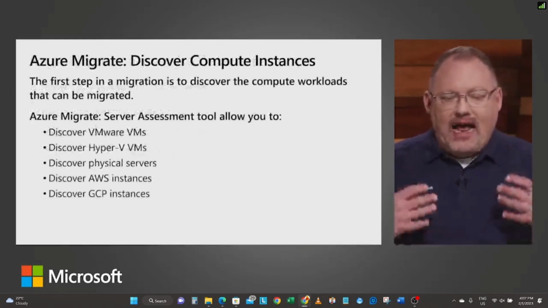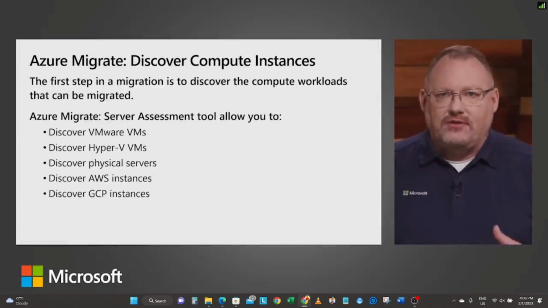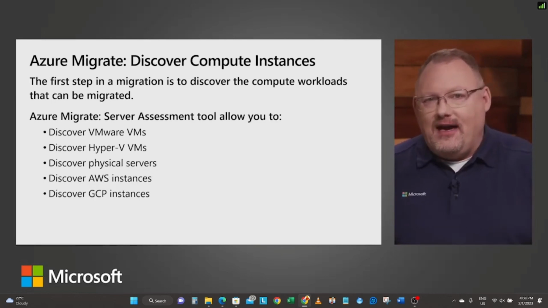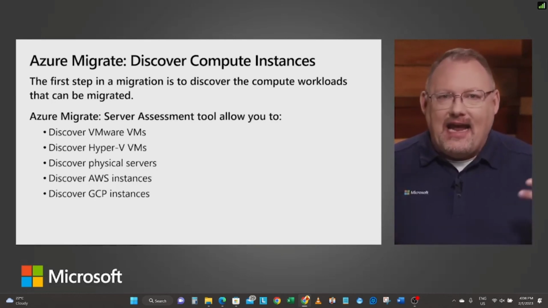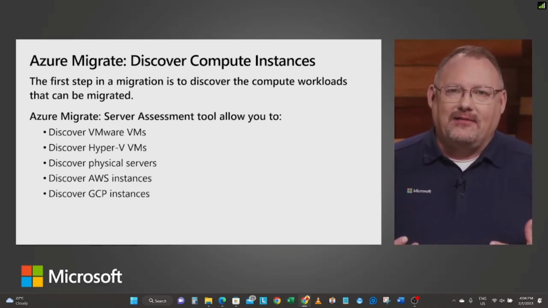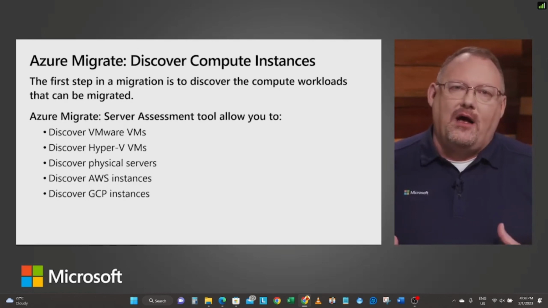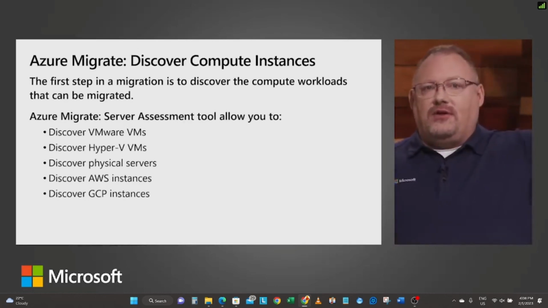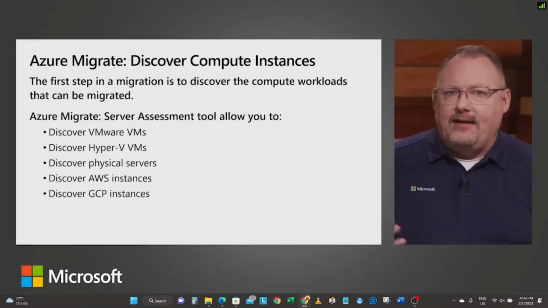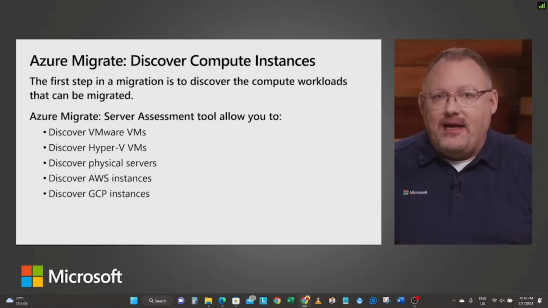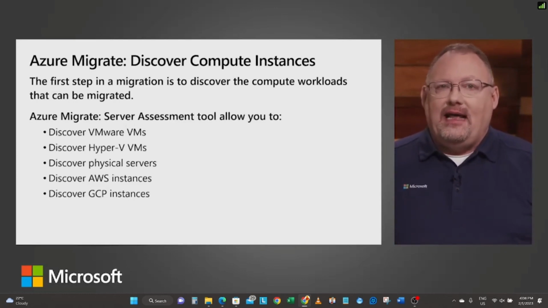Whenever we're discovering those servers, this is just a quick discovery. Hey, what's there? As I've mentioned before, we can look at VMs in VMware, VMs in Hyper-V, physical servers, AWS, Google Cloud. We have all those services where we can find out what's going on. Then we have a choice, once we've assessed all this and said, hey, these are all these servers, which ones do we want to replicate and migrate into Azure? The great thing about the assessment is that at a bare minimum, it's a discovery tool. And even if you don't